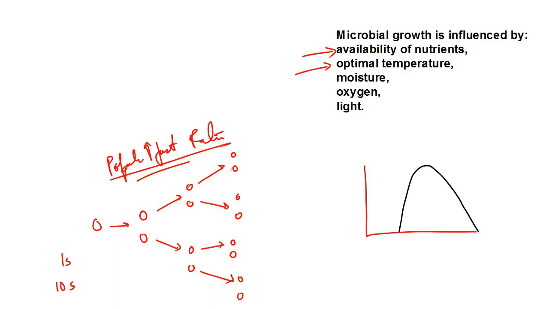And what is the meaning of this curve? Let me tell you. So on this axis we have got the temperature, and on this axis we have got the population, their numbers. So what you see over here is that there is an optimal temperature. This is the optimal temperature